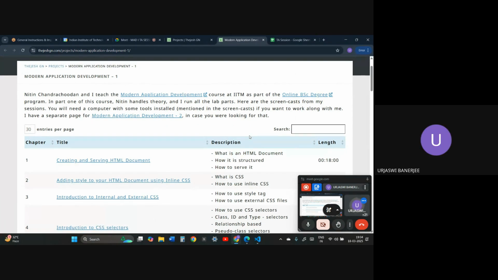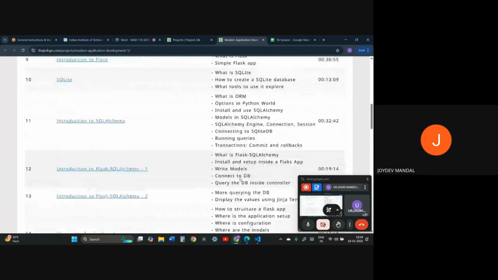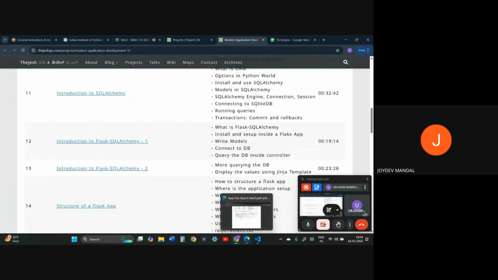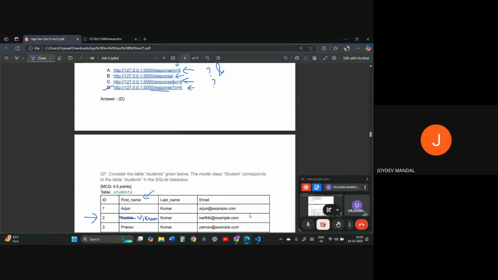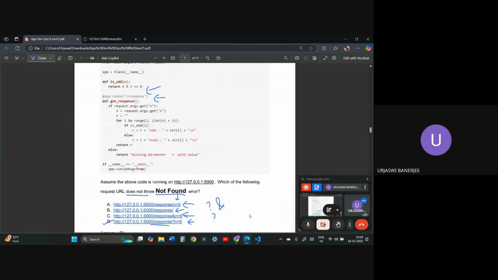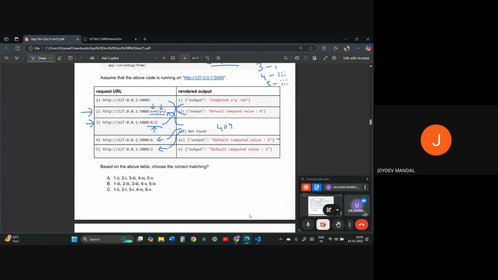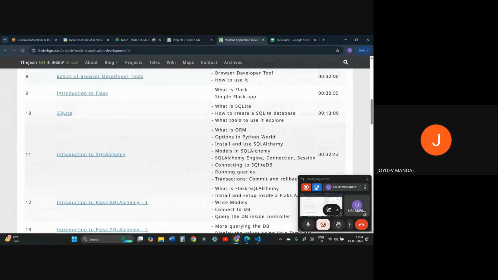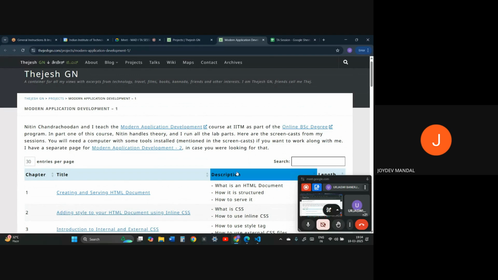There is an app link below. These apps or groups are created by sir.